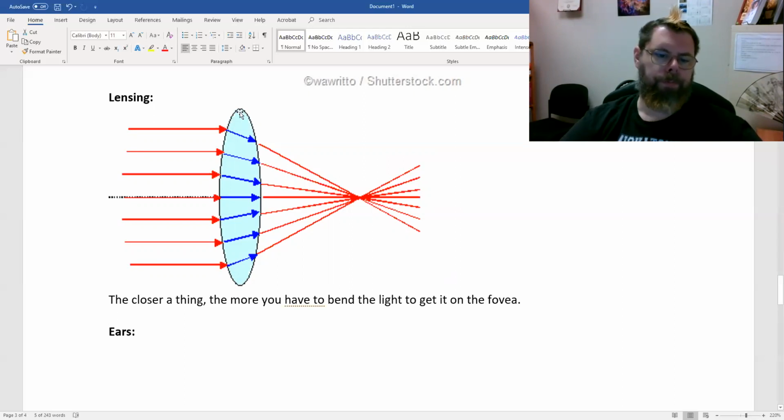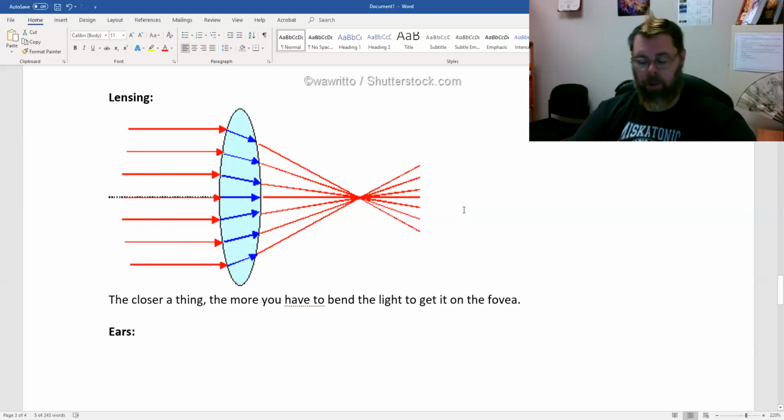So the point of this being that the further away something is, the shallower is the angle at which the light's coming in. And so you don't need that much deflection to get that light out the other end to arrive at the focal point in the retina. The closer something is, though, the more likely it is to be taking up all of the retina. And so you need to clamp down, fatten this lens out to cause this deflection, so that the light bends into the fovea.